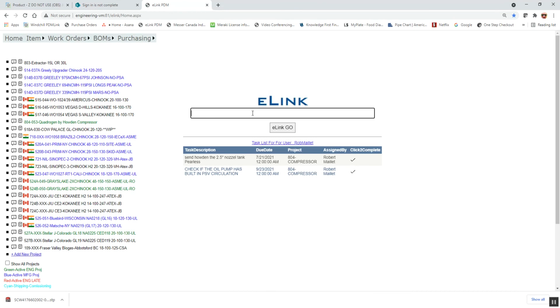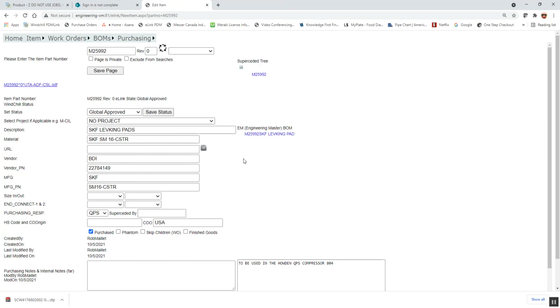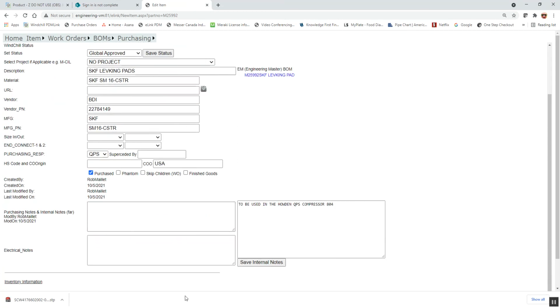So now we will go to SKF. We'll just search on what we got for SKF pads. This is the one that I know is real because I know the index is not too far away. This 992, this is what we just looked at. So if I load this page, you can see that